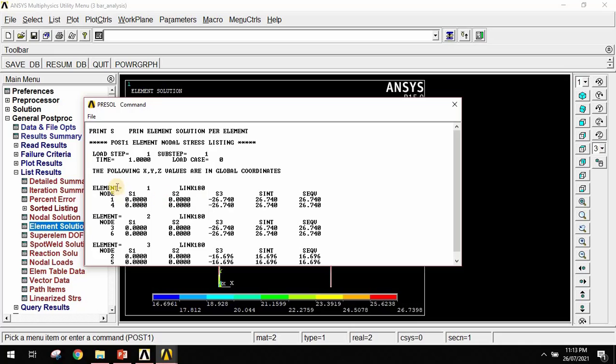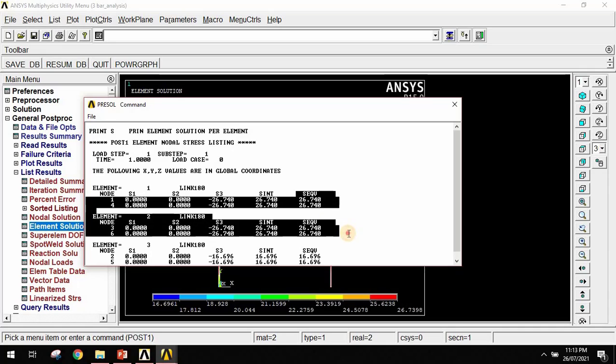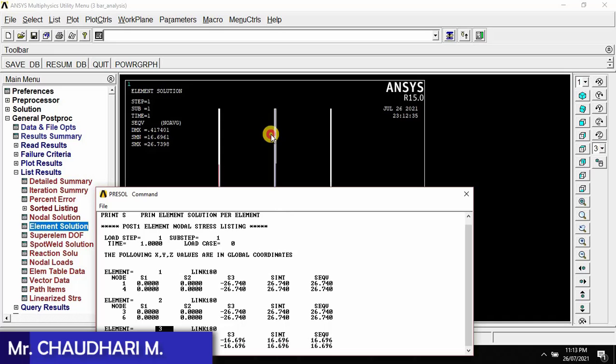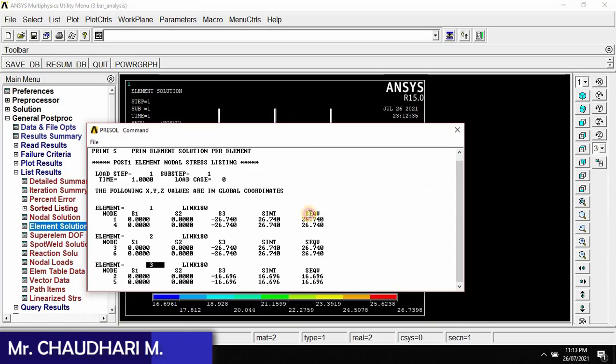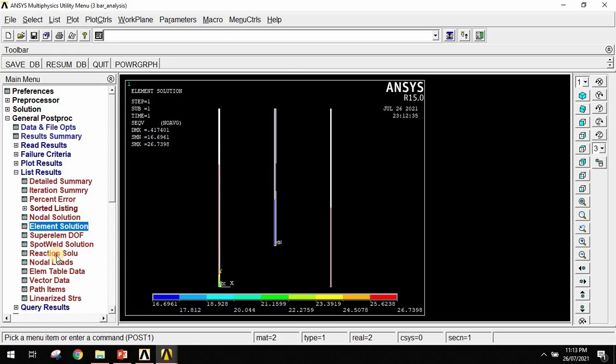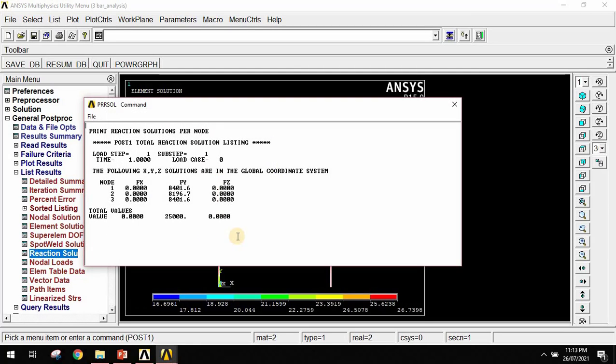This is element number 1, element number 2, element number 3. See here, element number 1 and element number 2 are both steel. So the stress values are similar, and our middle element has a stress value of 16.69 Newton per mm square. Then go to Reaction Solution, click on OK.